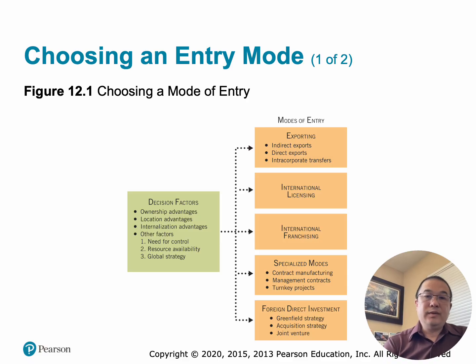Number five, foreign direct investment, or FDI. The company invests directly in the foreign country. The methods include greenfield strategy, which is building a new operation from scratch, acquisition strategy, which is purchasing an existing company, and then joint venture, partner with a local firm. So advantages of that would be the highest amount of control, better protection of technology, and long-term commitment, but the disadvantage would be the highest amount of cost and the highest risk.